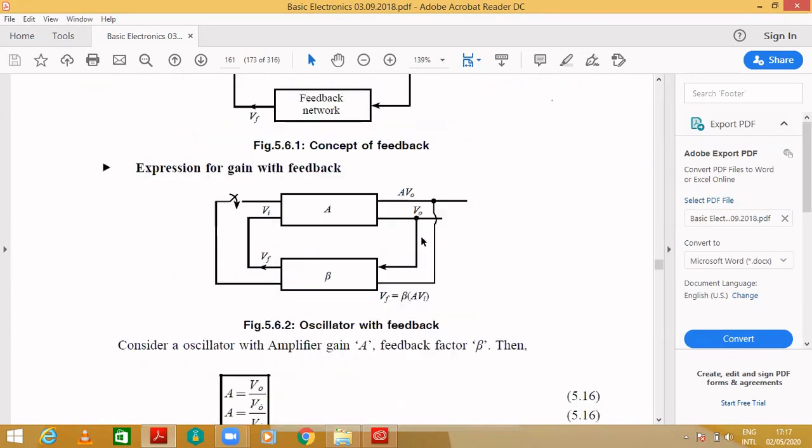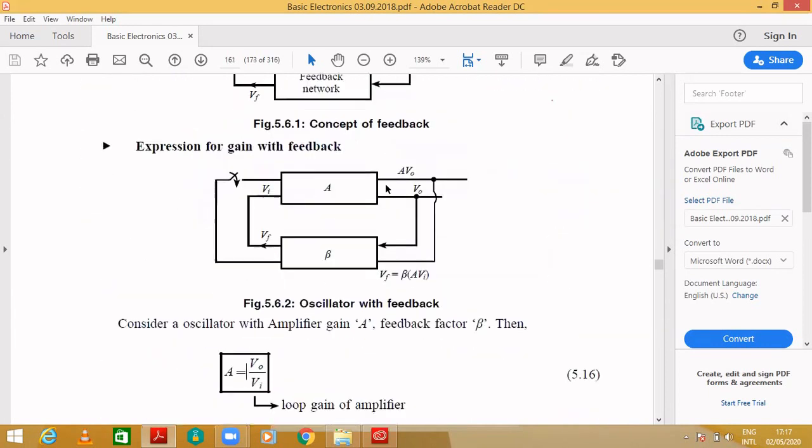Okay, so here you can see the oscillator with feedback, and we are not using any input over here. But for understanding purposes, we are connecting just a switch. So you are giving input voltage and you are getting an output with gain AV naught. A part of the output is fed through a feedback network and here you will be getting VF. Then it will be fed in again. These should be in phase, so it is positive feedback. In the oscillator, we are using positive feedback. Why? Because you are not giving any input over here.